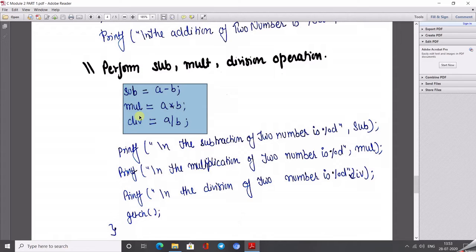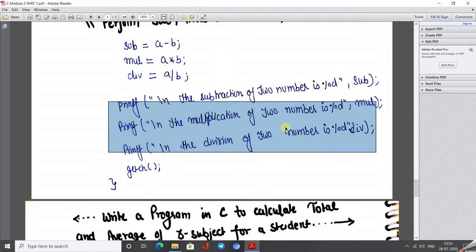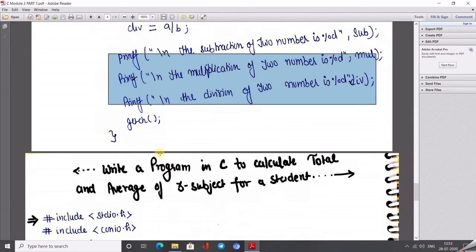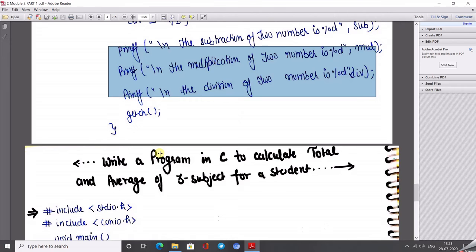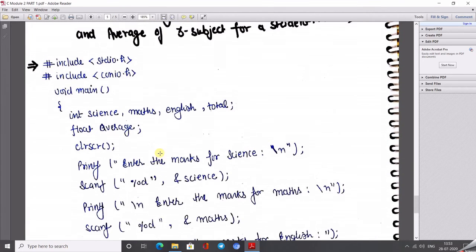First we take the two values a and b from the user, perform the operations, and save the results into different variables, like in the variable sub, in the variable multiply, in the variable division. There are no changes to the variables a and b. So we can perform all the operations at a time and call all the resultant values one by one in this style. So what is the result? We got the addition of two numbers, whatever input you give as the user,